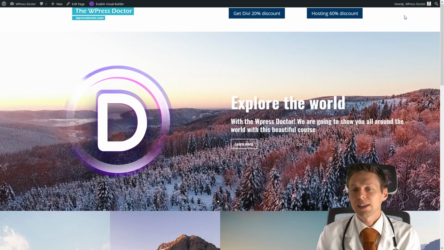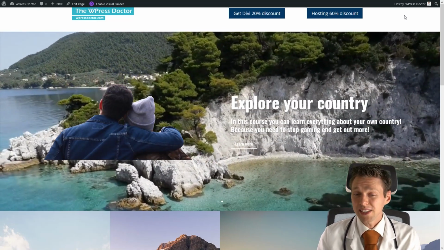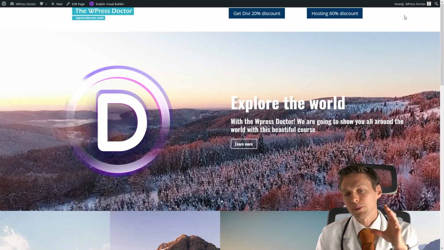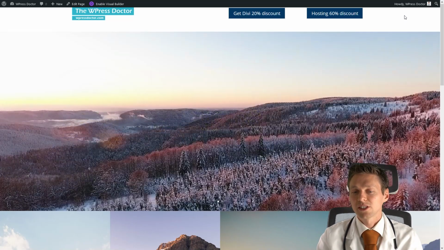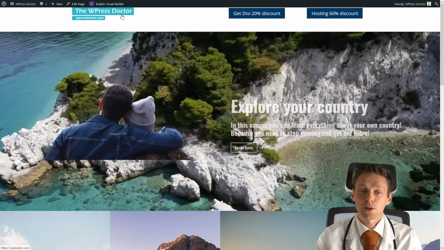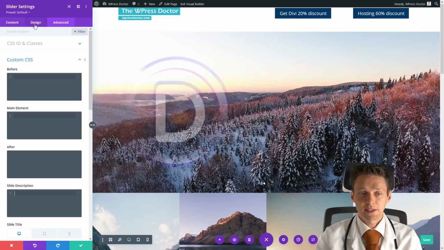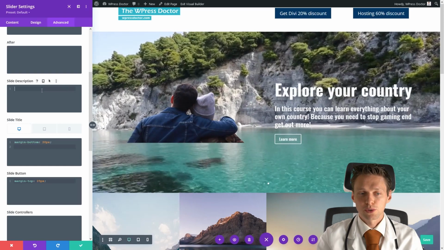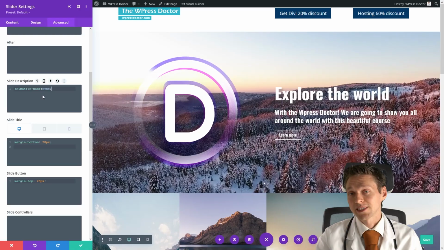So the first thing most clients ask is, how do we remove this animation of the images? As you can see, the image is sliding from the left and the text is sliding from below. How can we change those settings? Well, it's pretty easy if you know how. Just go back to your Visual Builder. We go to Advanced, you go to Custom CSS, and you go all the way down. And we go to slide description and we paste in the text, animation name is none.